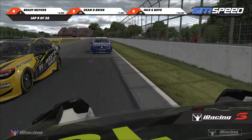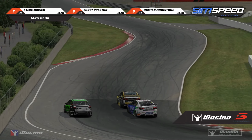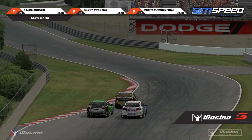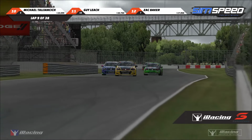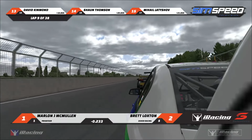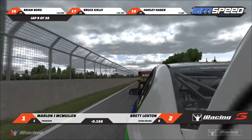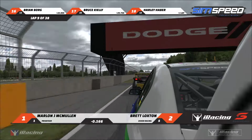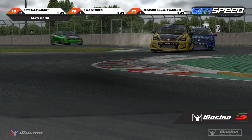Now, this will be interesting here. Bit of traffic for our leaders, and it is going to be Christian Smart staying right out of the way. Oh, not right out of the way. He still wanted to keep the gas in it, and Brett Loxton having to move aside just a little bit there for him. Now, Brett's got a bit of a run here. He may go for the move down into the final corner,